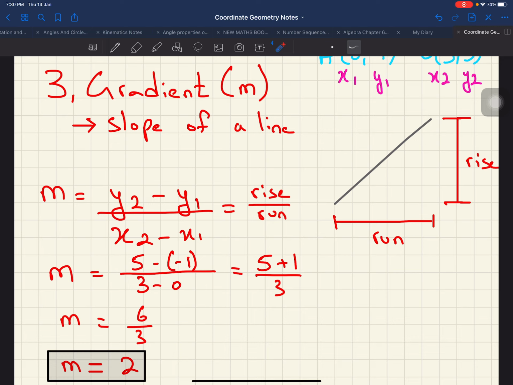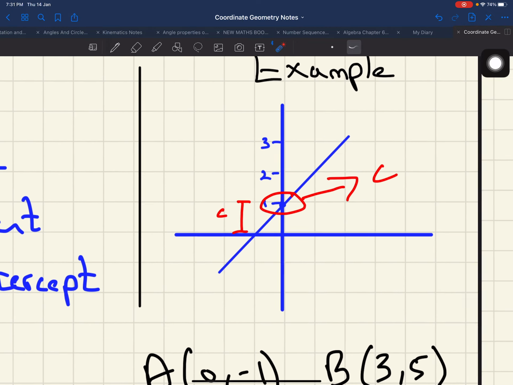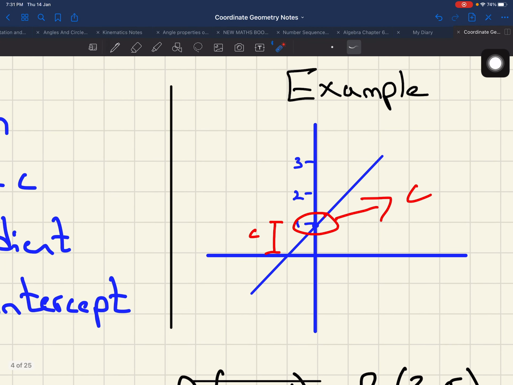Now in the last one we are discussing the equation of these two coordinates. How can we find the equation of AB? If the examiner asks you to find the equation of AB, what are we supposed to do? Now there is one single scenario. In this scenario, the examiner asks you to find the equation of line AB and the graph is already given to you.